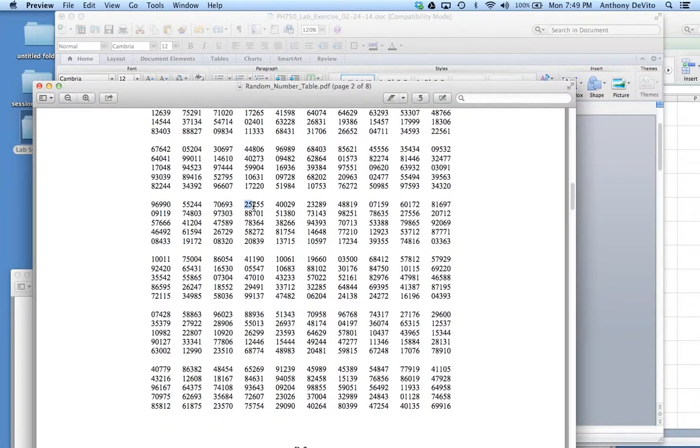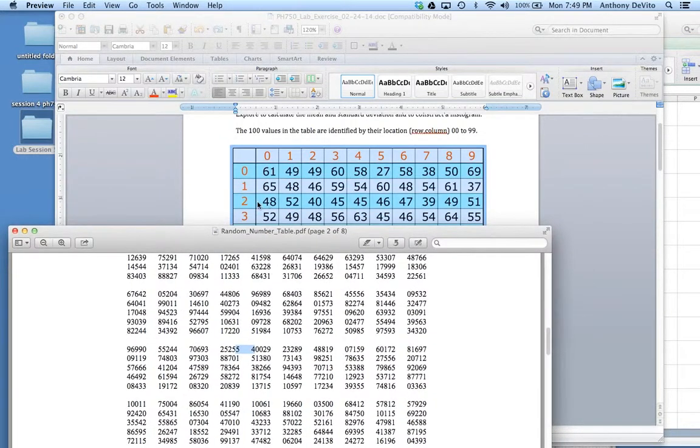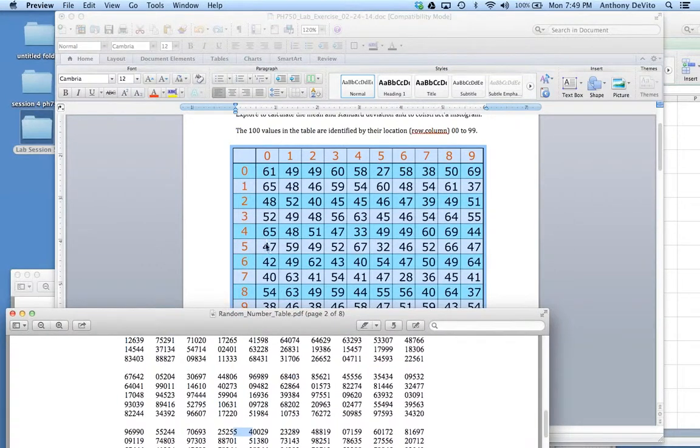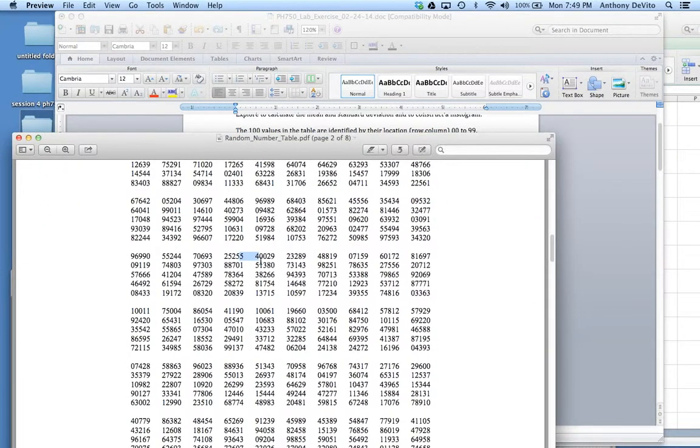Who should I pick after 25? Well, the next number is 25 again. I'm not going to use that. So I'm going to use 54. 54 are the next 2 numbers. 54 would be the 5th row, 4th person, which would be 67, and so on and so forth. So you could either use these straight across, or you could use these in a column, and so on, but just keep going in the same direction.